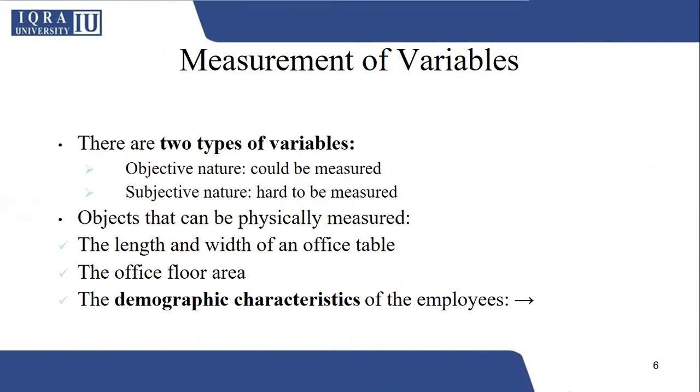There are basically two types of variables: objective nature and subjective nature. Objective nature variables could be measured. However, subjective nature variables are hard to be measured. Objects that can be measured easily or physically are the length and width of an office table. You can easily measure the length and width of an office table, the office floor area, the demographic characteristics of the employees, such as